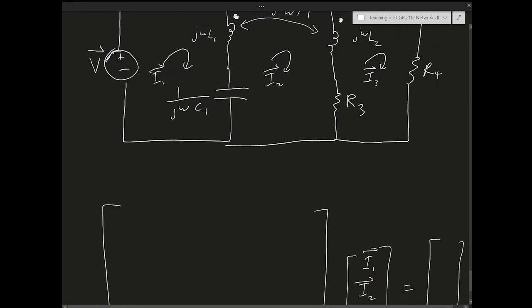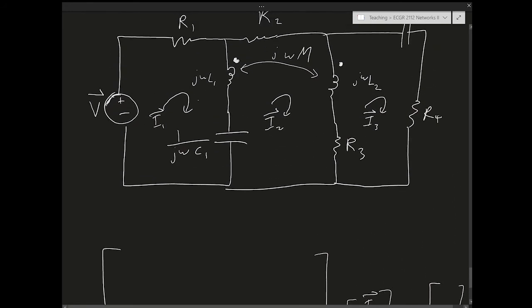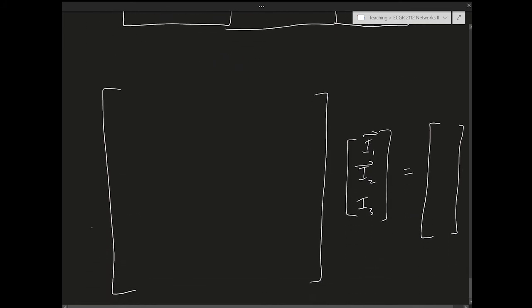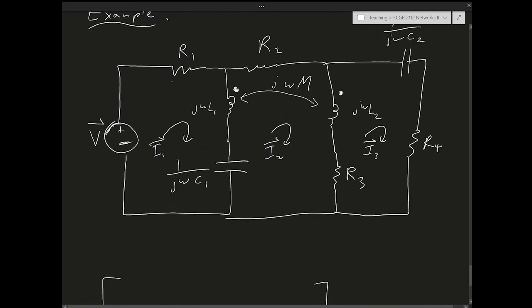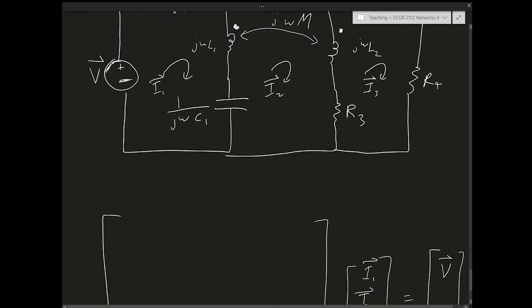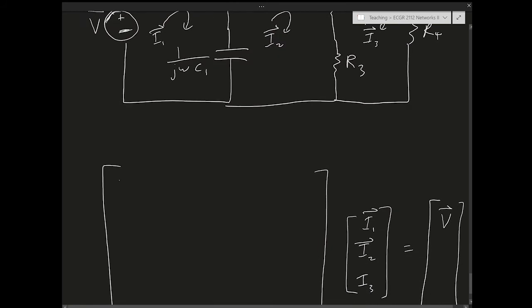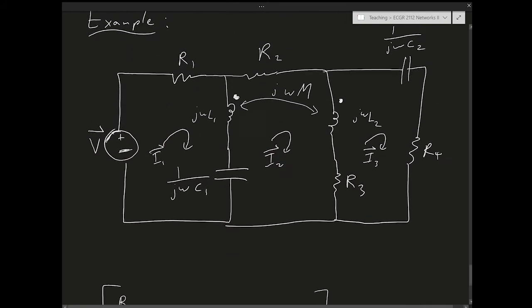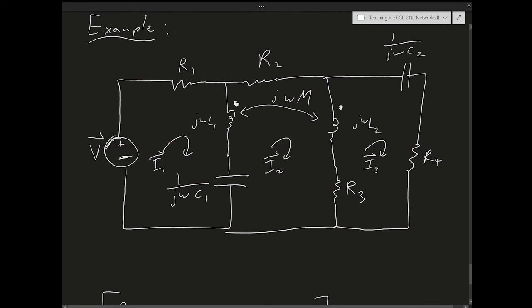So let me start with the first loop. The first loop, I'm going counterclockwise, so I hit minus V. But then I can take minus V to the other side, so I end up with V here. So this is the term that I plug in right away from the first equation. Here I have I1 times R1, so I can put in R1 here in the first spot. Right? Then I have I1 minus I2